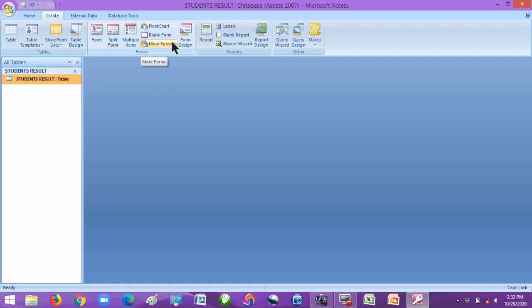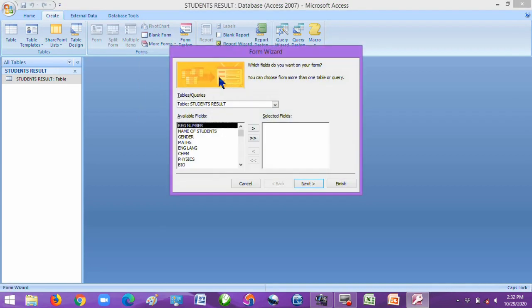I click More Forms. You click the arrow beside More Forms. Then you will now see Form Wizard. You click Form Wizard. This one will now allow the wizard to guide you through the steps that you want to take in creating your form.